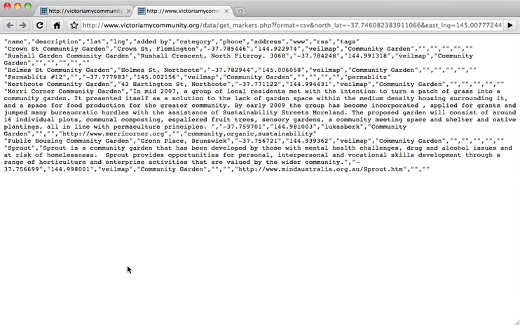So if I just click on this, here you can see all that information we were looking at on the map just before, but it's in a format that you can easily import into Excel. Now also, if you bookmark this link, you'll always have an up-to-date list of community gardens in that area. So